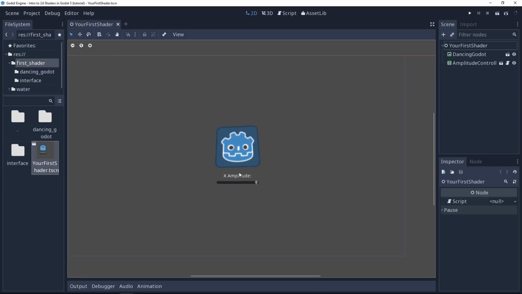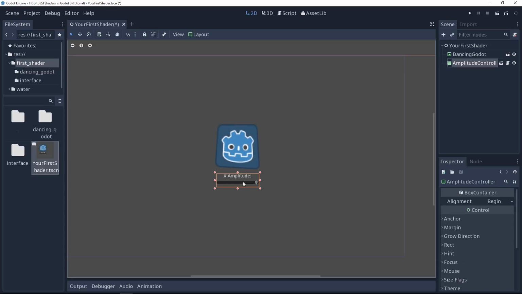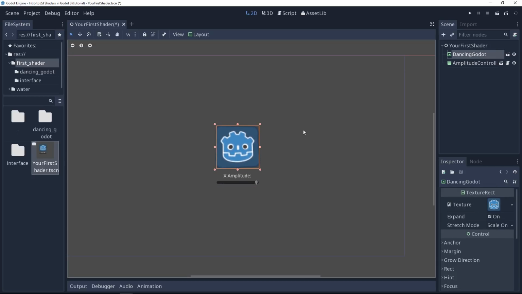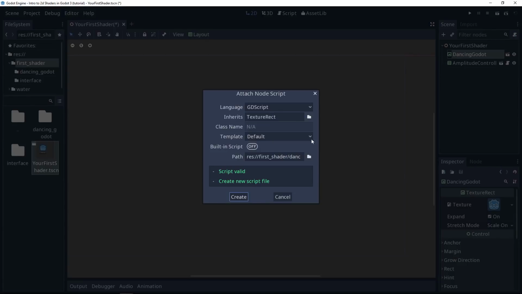So we're now going to see how to get parameters from the shader and also how to modify them based on the interface, but just in general how to update them from GDScript. So select the dancing Godot. We're going to give it a new script. And I'll use the snake case for that as usual. So dancing